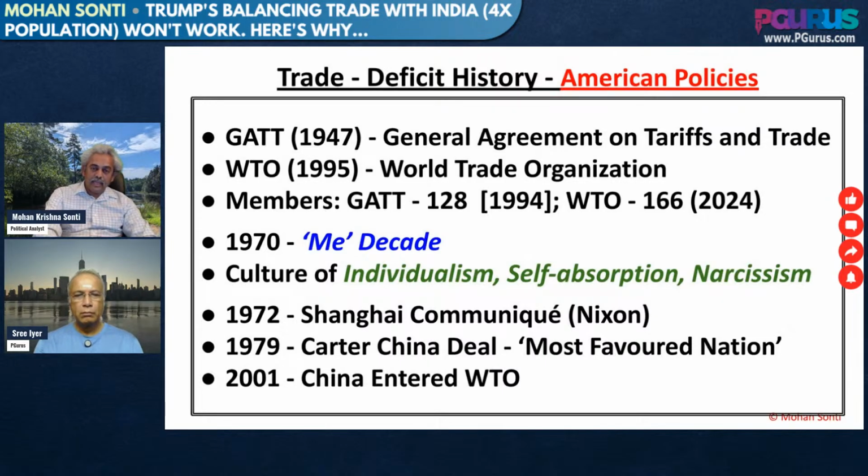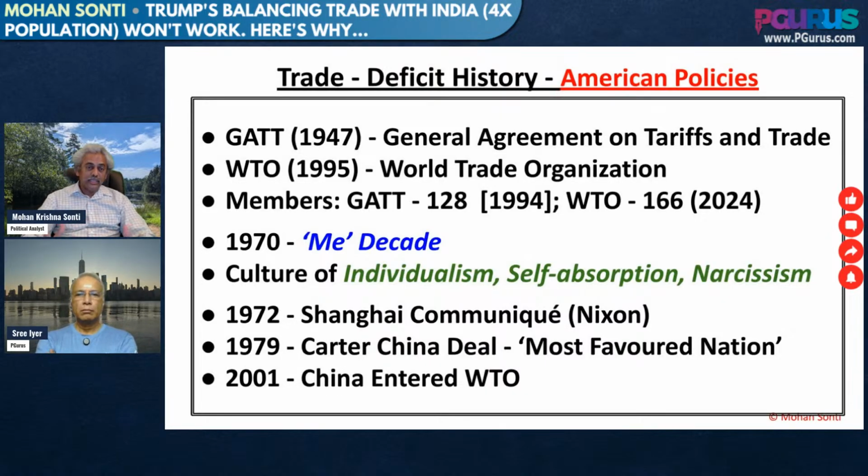Remember that China is not part of the GATT, so they didn't have any tariff trade. None of those rules apply to them. So it is America that put in an extra effort. And if you remember, in 1971, we had an Indo-Pakistan war. America was so desperate to make this deal with China that in the 1971 war, Americans actually threatened to nuke Bharat. Despite the fact that Pakistan is a known terrorist military state and has always been a rogue state, and at that time it was proactively killing millions of Bangladeshis. Yet America would forgive everything, and their focus was getting a trade deal with China, which is not even part of the GATT,